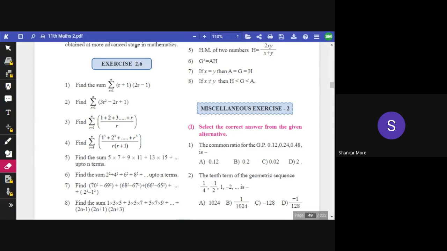Okay, whatever it is. So practice set 2.3, practice set 2.4, and if you want to solve, practice set 2.5 is there for you, 2.6 is there for you, as per your convenience. ठीक है, लेकिन 2.3 and 2.4 is must. Okay, if you don't complete that homework, I won't allow you to attend my next class. Okay, so I'm just posting the homework right now. You all have been added to this class, and you have to complete the homework. Okay, कोई प्रॉब्लम है तो you have to write the question.